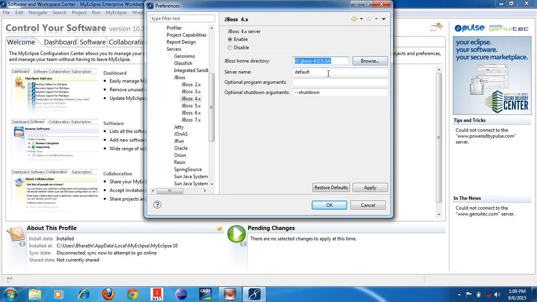So you have to browse that. Then server name, you can give any name. So I will give CRSK Tech. Okay, then no need to change anything. Then click on the apply button. So after clicking the apply button,